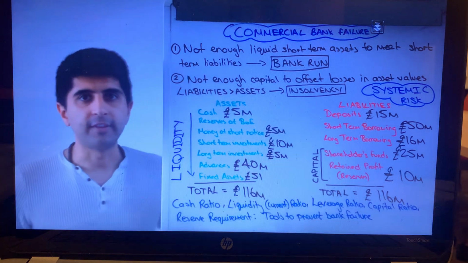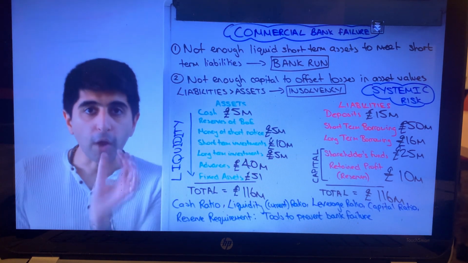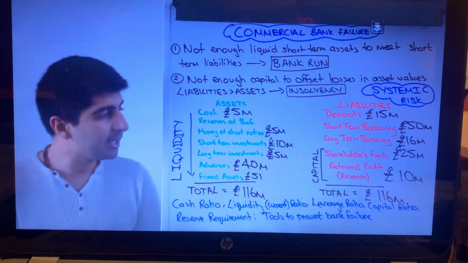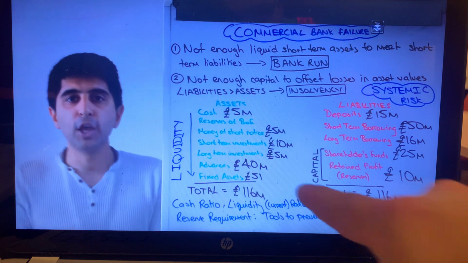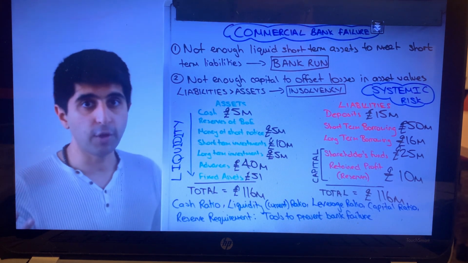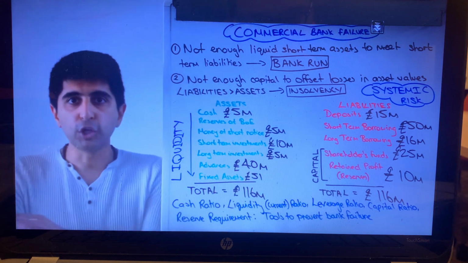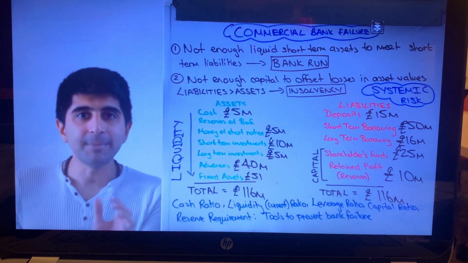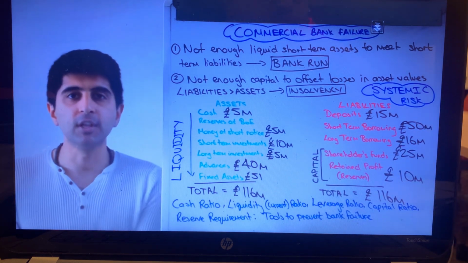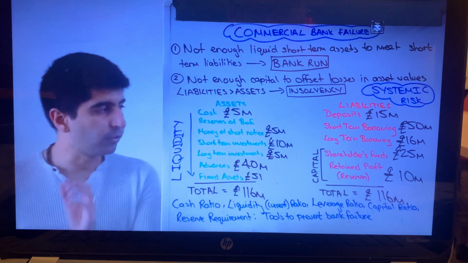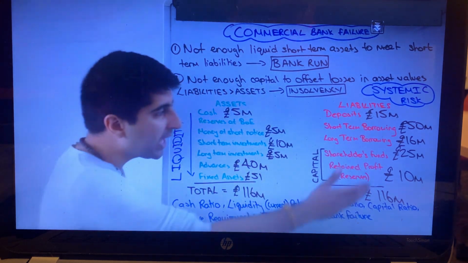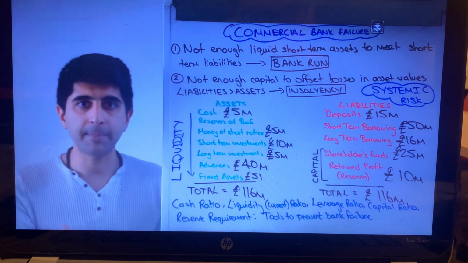What about insolvency? Let's take a scenario where all the loans that this bank has issued go completely bad. £40 million worth of advances in this case go completely bad. Well, they are going to be wiped off the balance sheet, written off loans here. So £40 million gone. Remember, that needs to be offset by a loss in capital. There needs to be enough capital to offset the losses in those loan values. Does this bank have enough capital? No. They only have £35 million worth of capital.